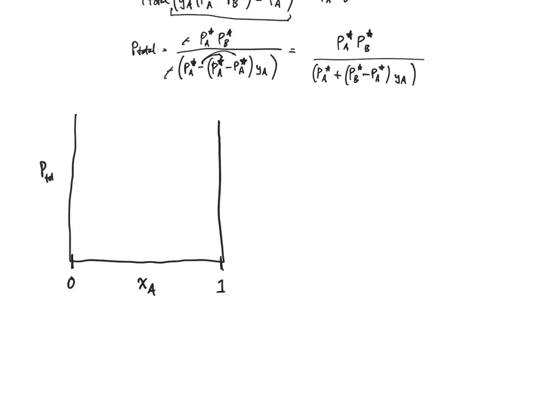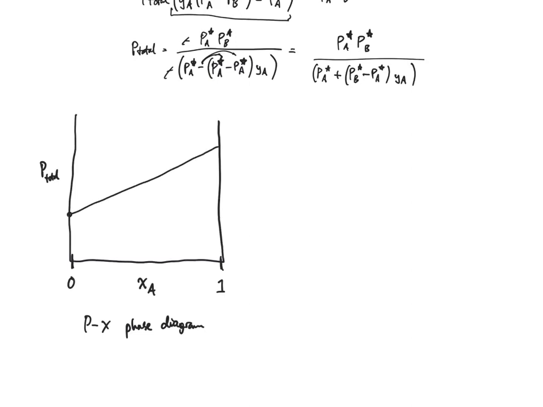And this would be the total pressure, by the way. So we would call this a PX phase diagram. And using our equation up there at the top that relates P total to XA, the function describes a straight line